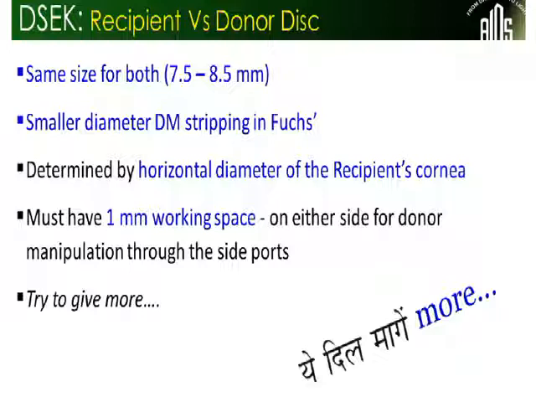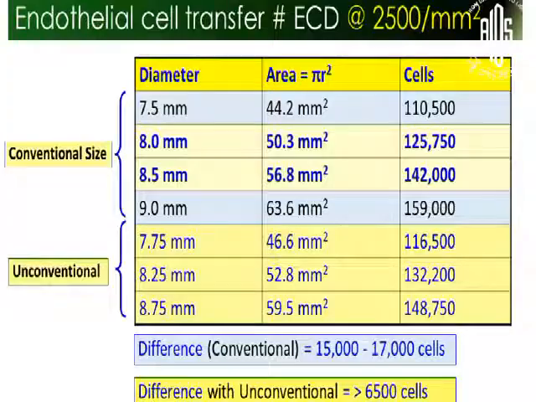For our cornea, a smaller size of 8 millimeter is ideal. Very rarely we get a chance for 8.5. Just measure the corneal diameter, and you should have a working space of 1 millimeter on either side, because you have to play with the SS and AR at the end of your donor insertion. That is very important. Otherwise there is formation of pus and you will have a problem later. And if you do not have 7.5 or 8, you can take a midpoint, so you can give a little more to the patient. Sometimes you need to take 7.75 or 8.25.